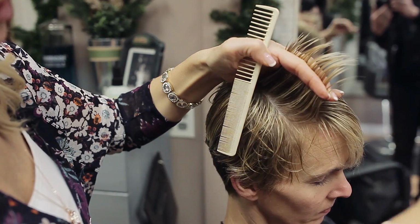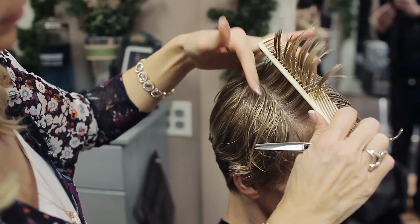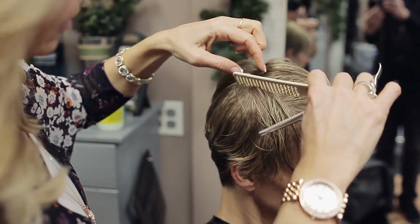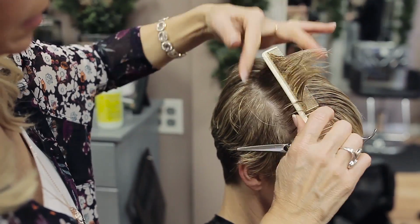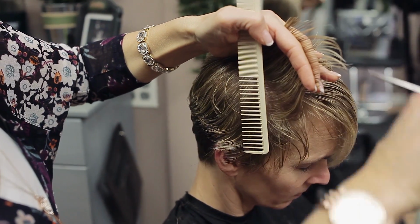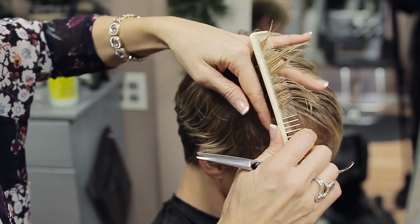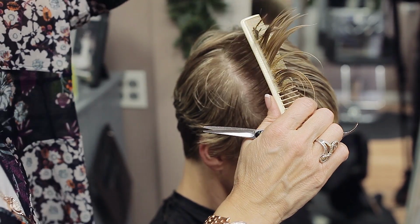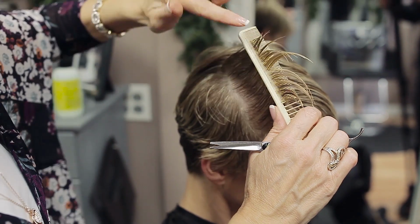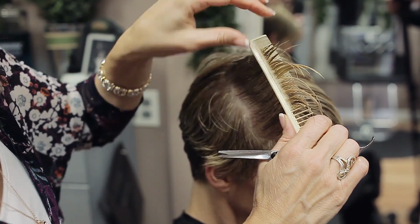And remember, it's going to go from this way up. So I'm just going to kind of cut into that. And then I could go a little shorter here. A little piece. You could either start back here or here. There's no exact reason or way that you have to do hair cutting. You just have to make sure that you are consistent, but it doesn't have to be that you start the same place every single time. As long as I'm doing the same pattern from short to long, I could start here or I could start here. As long as it flows